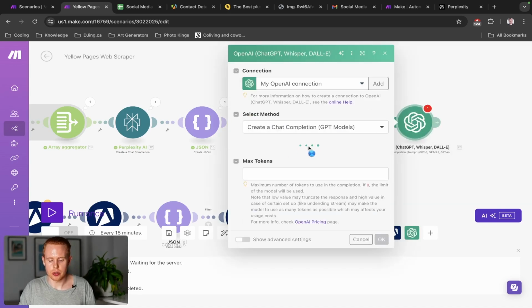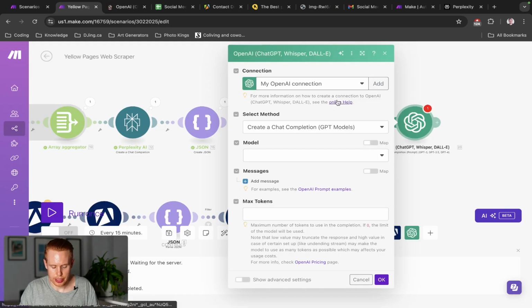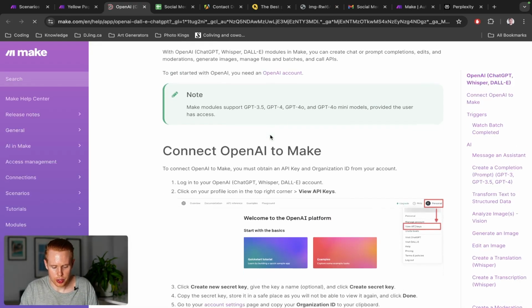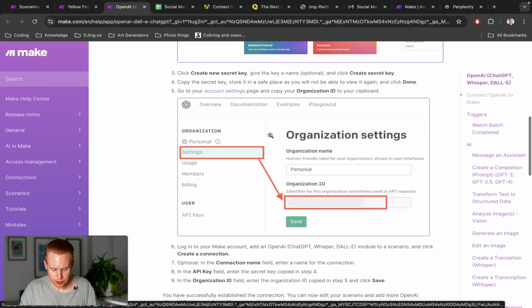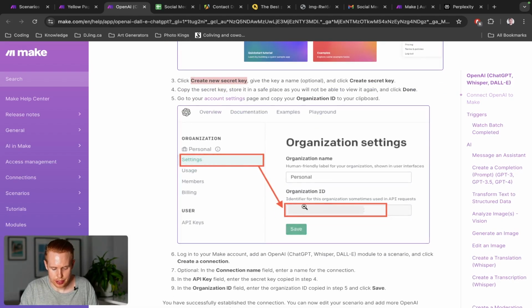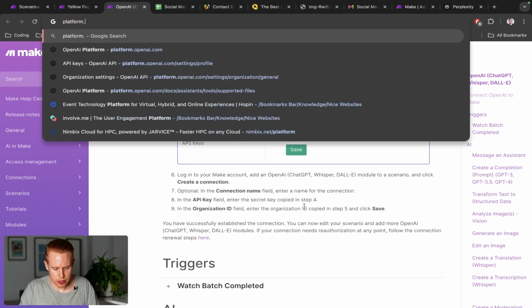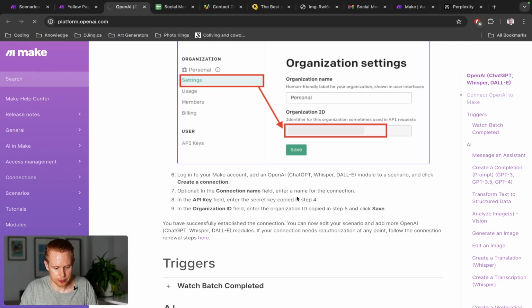Now, same kind of deal with ChatGPT, guys. You do need to create an account. If you haven't done that already, just make sure to go to online help, and it's going to walk you through exactly what to do here. So you just need to create a new secret key, and it's going to tell you everything that you need to do on how to get this set up. You just go to platform.openai.com, create an account if you don't have one already, and then create an API key